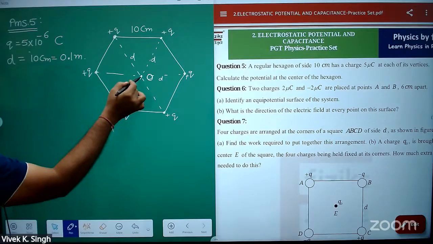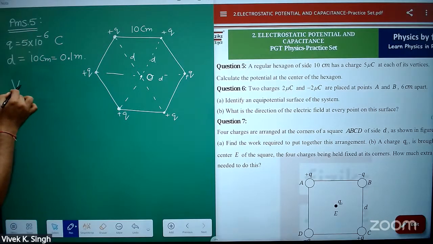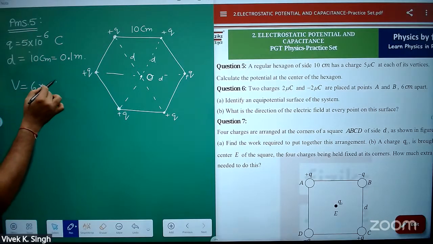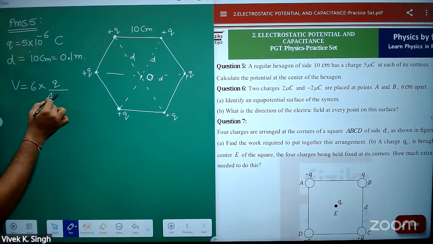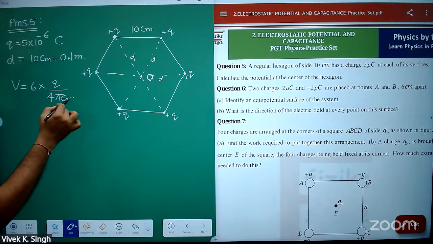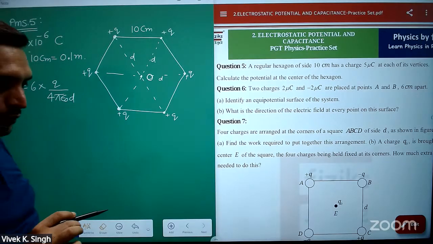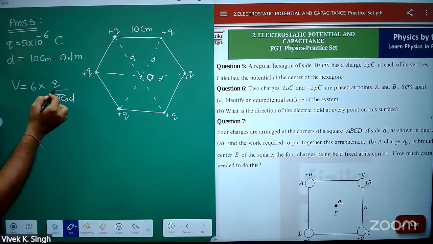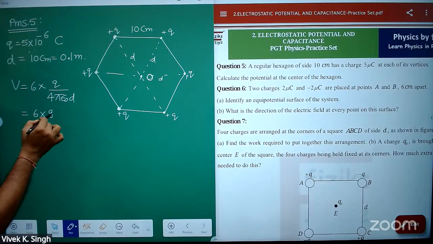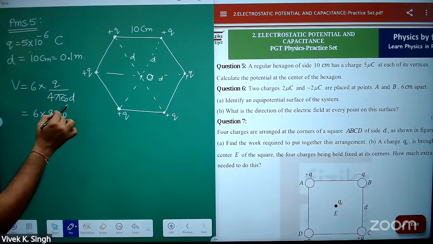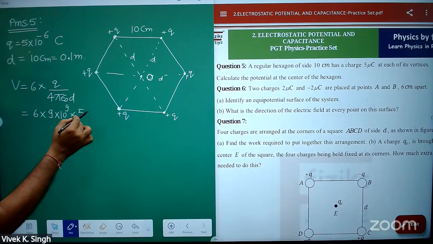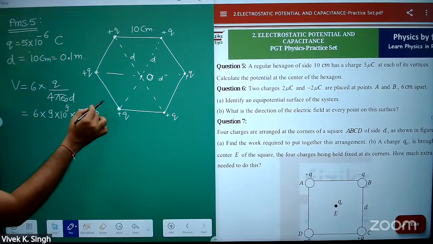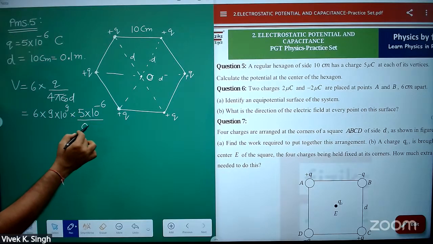So what will be the potential? Potential will be 6 times Q by 4 pi epsilon naught D. Find out potential due to individual charge and then take scalar sum. So this will be 6, 1 by 4 pi epsilon naught is 9 into 10 to power 9, Q is 5 into 10 to power minus 6 and D is 0.1,